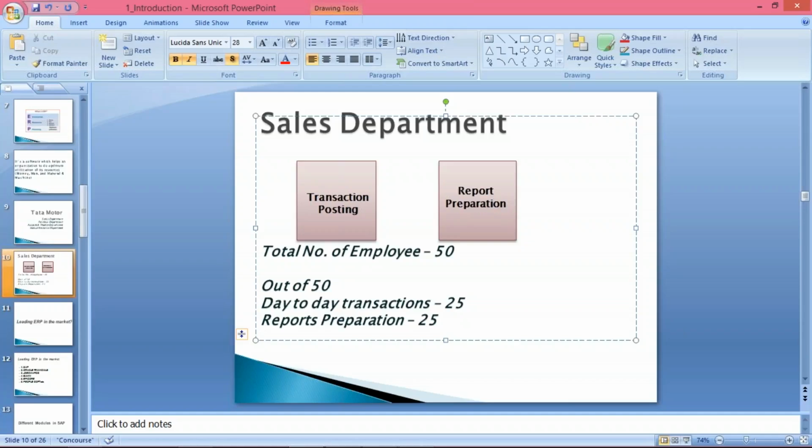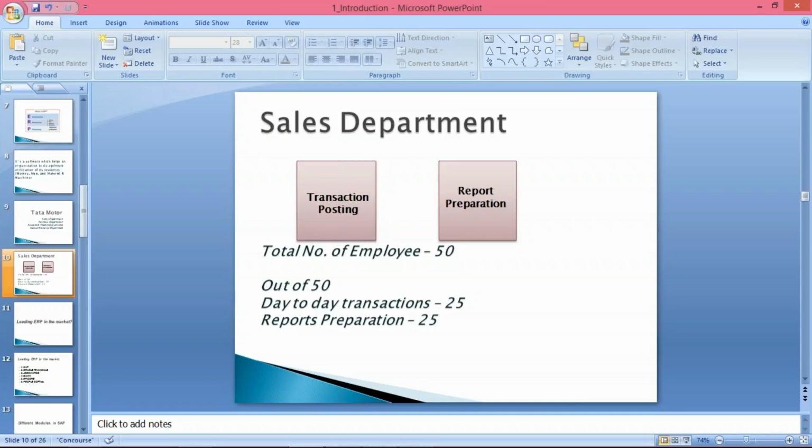So as I said, 25 people are involved in day-to-day transaction posting, and the remaining 25 people are involved in report preparation. Okay. Now here, what is the advantage of ERP, guys? If Tata Motor is going to implement or use any software, any ERP, in their organization, then what is the benefit?